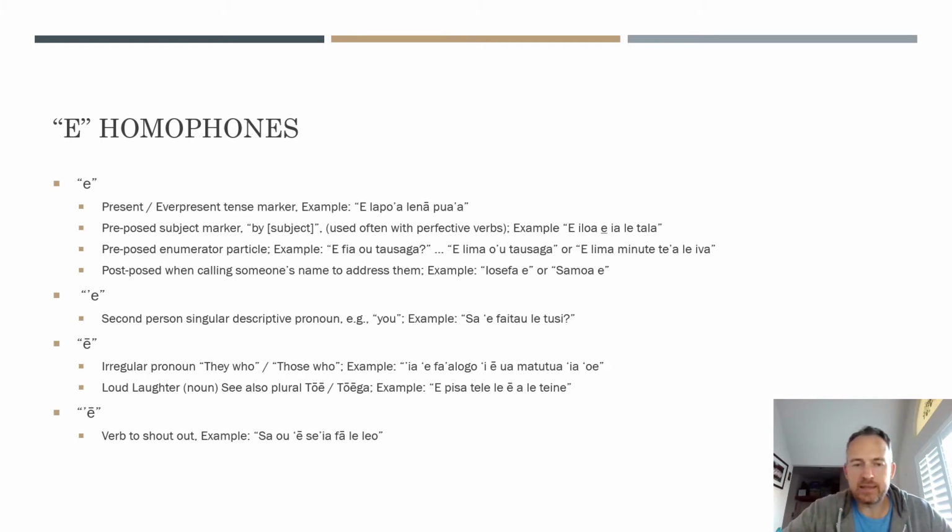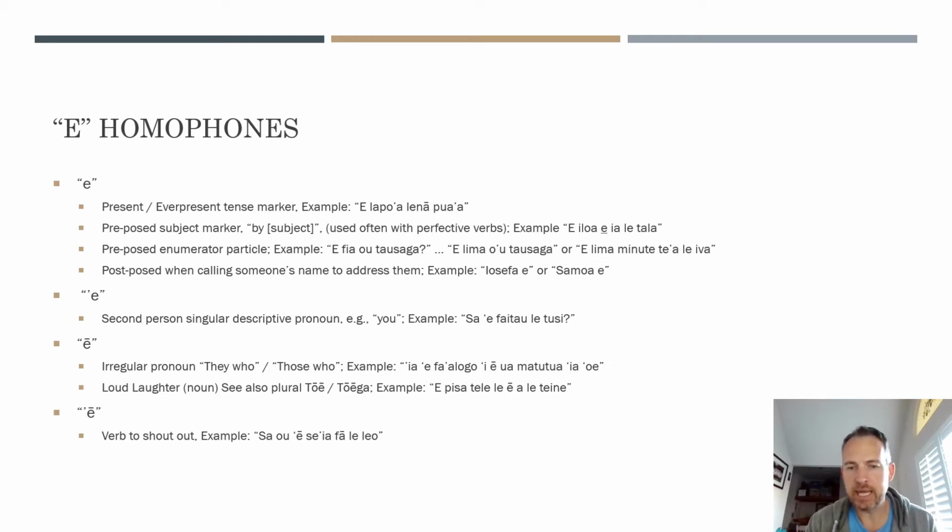It can also mean like loud laughter. So you may have heard this, again, if you grew up in a Samoan home, you may have heard the plural form more often of e, or the noun form of that same verb, which is e'enga. And all it means is just loud laughter. So you often hear the plural form more, I think, which is like, man, those folks over there are just laughing so loud. But in the singular form, it kind of works as a regular verb. So our example here is e pisa tele le alii teine.